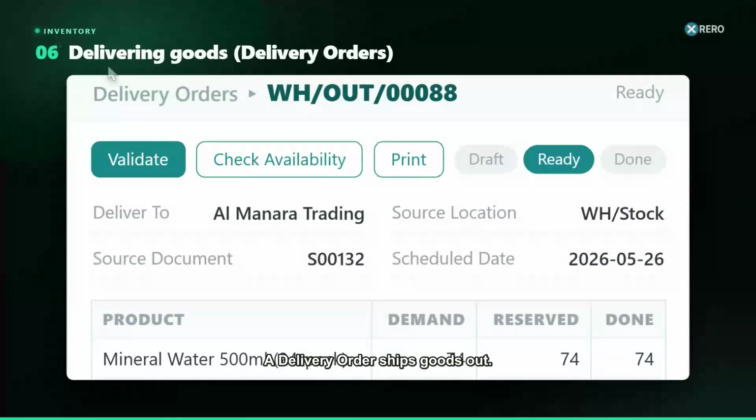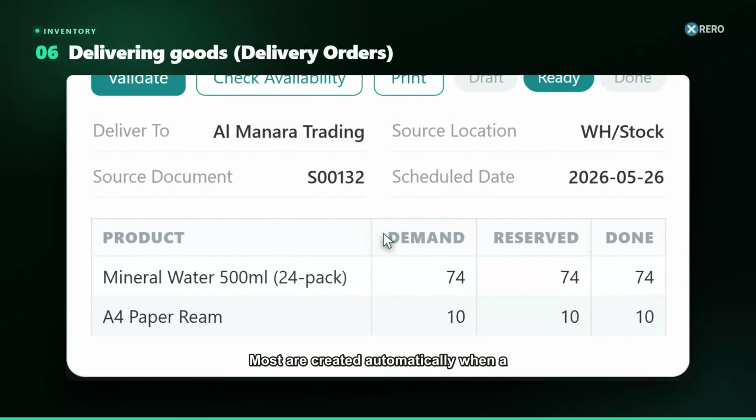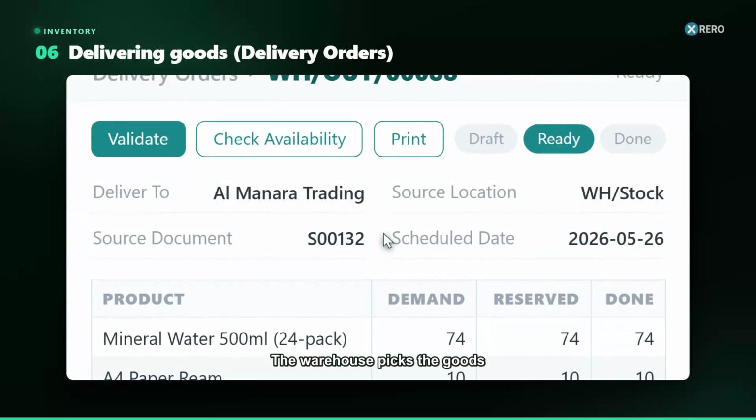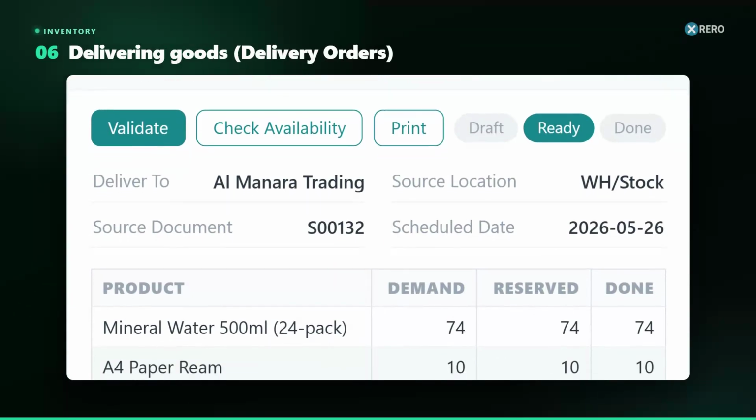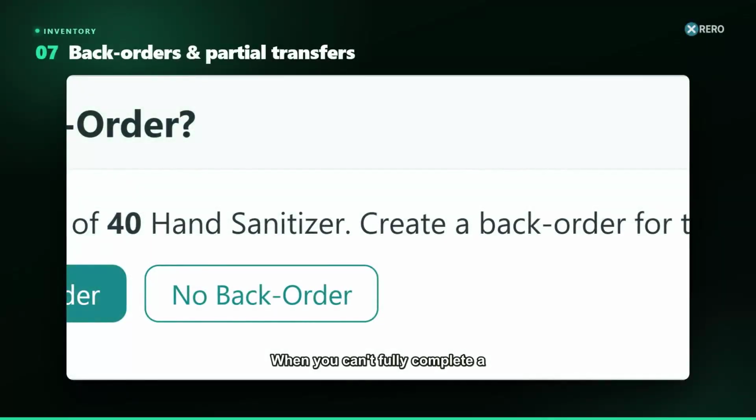A delivery order ships goods out. Most are created automatically when a sales order is confirmed. The warehouse picks the goods, sets the done quantities, and validates to reduce stock. When you can't fully complete a transfer, short delivery from a vendor, or not enough stock to ship, validating offers